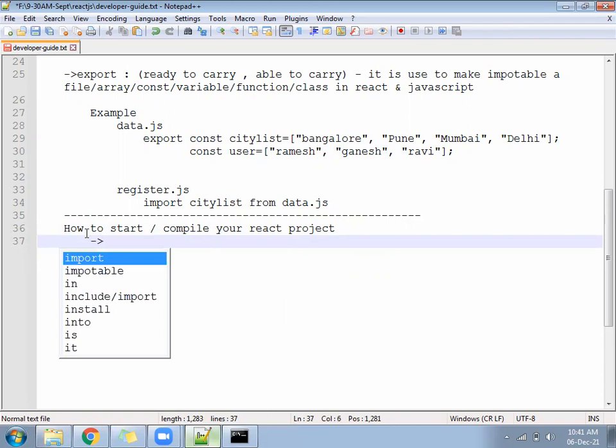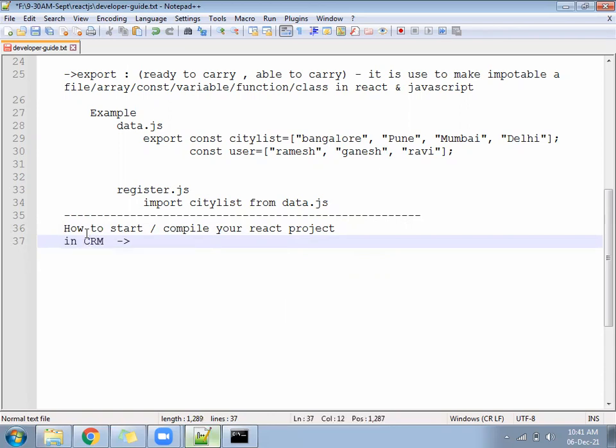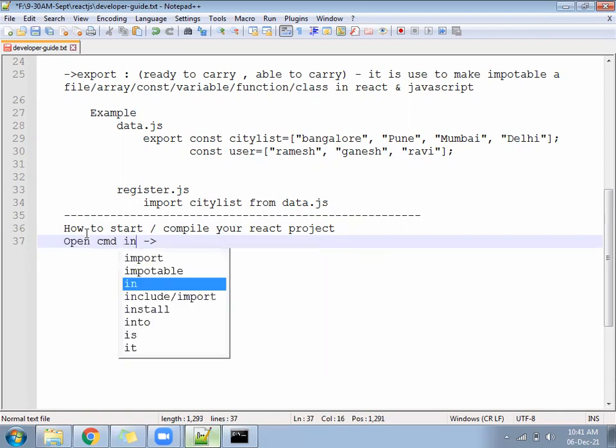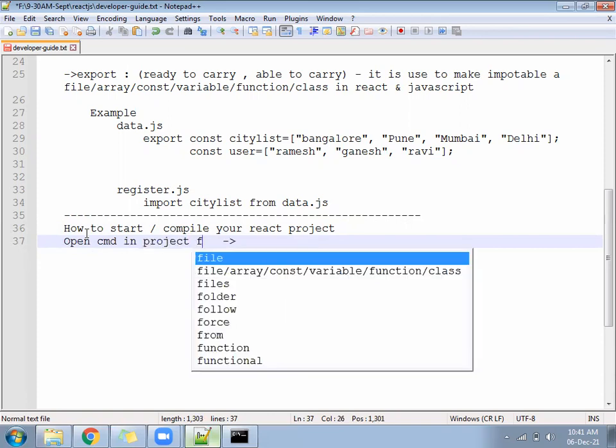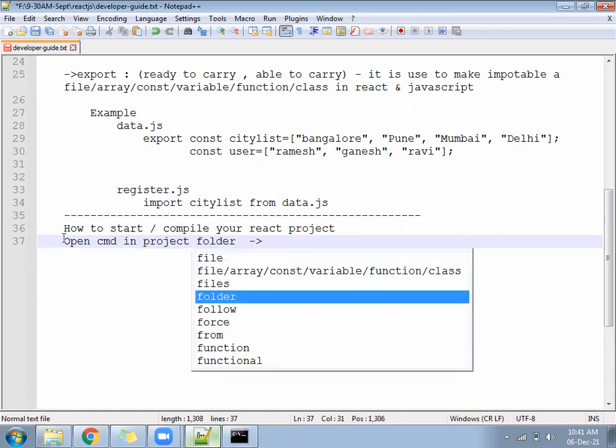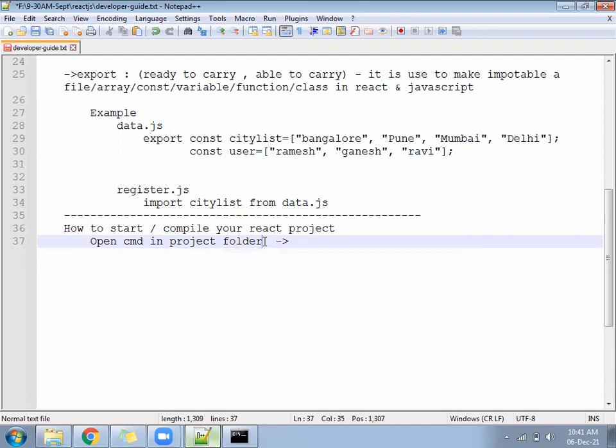Okay, so you will write: open CMD in the project folder. That is the first step.